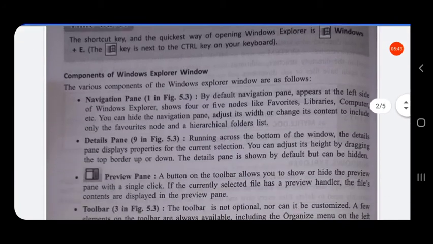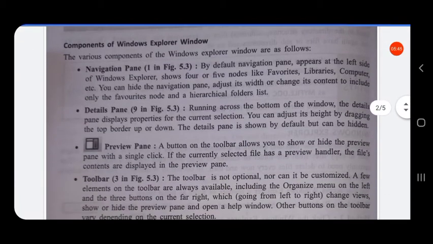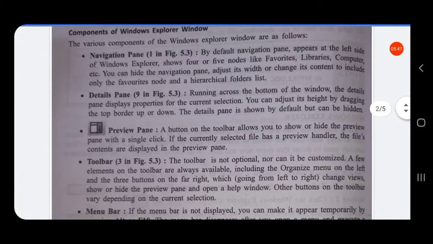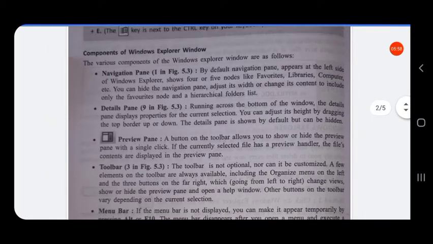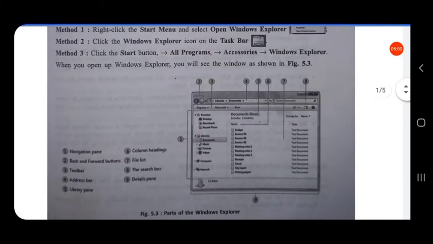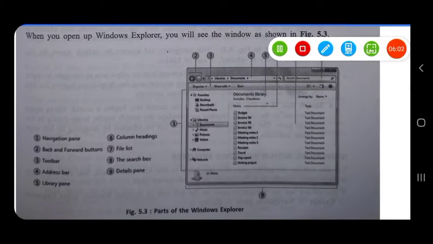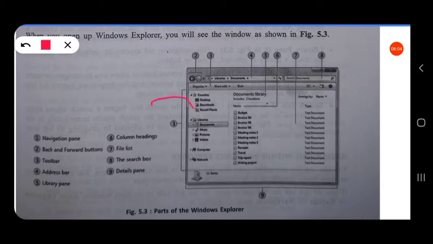Let us see the different components of the Windows Explorer. The various components of the Windows Explorer are: first one, navigation pane, which we have studied.